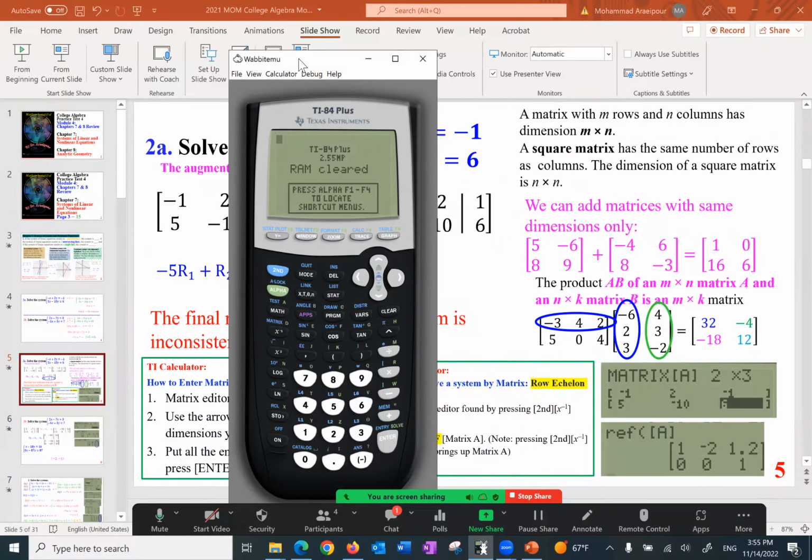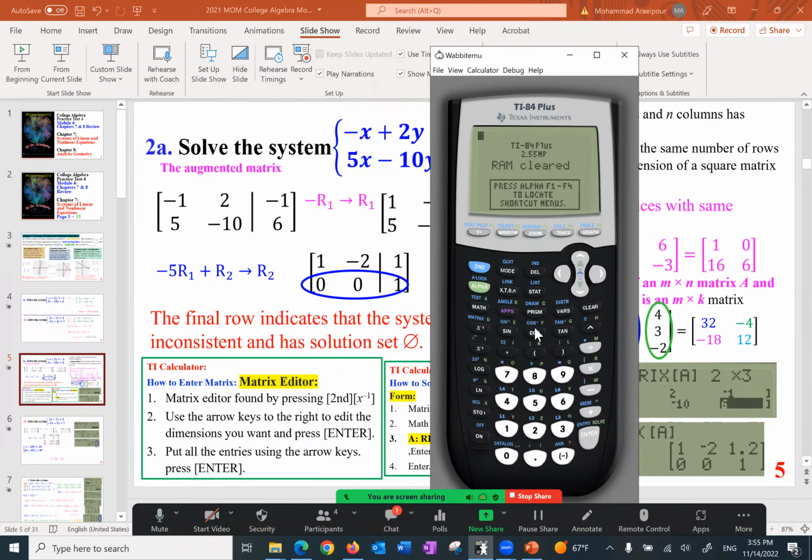The idea is that this is your calculator. Over here, press second and then x to the power of -1, the inverse of x. And here's matrix A. If you enter matrix A, if you go to the right and edit, it gives you a chance to put the matrix size. In this case, it was a 2